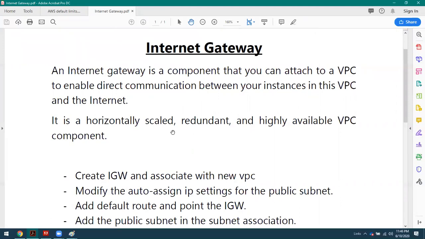That means it will provide the available bandwidth via this virtual device. Also, if there is any failure, we have a high availability mechanism where, in a single point of failure, it will provide another device instantly. So there will not be any problem of communicating from the EC2 instance to the internet.